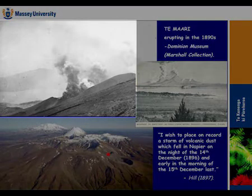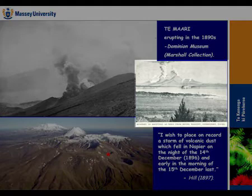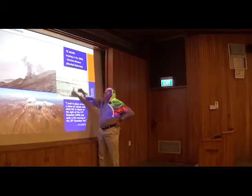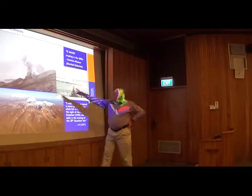And here's a postcard I discovered one day which had a print on the stamp at the back that was early 20th century. So this clearly is a sketch that someone's made of, you can see Ruapehu in eruption, you can see Ngauruhoe, we can see the Ketetahi Springs, and also Te Maari just there. Well, that eruption, incidentally, from this crater,